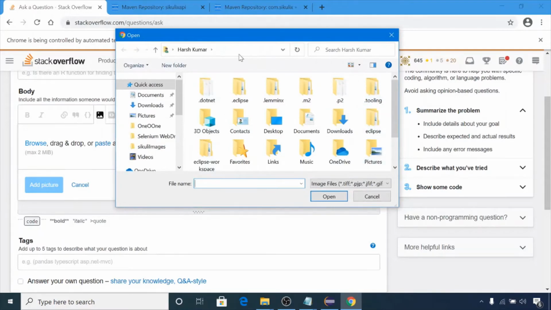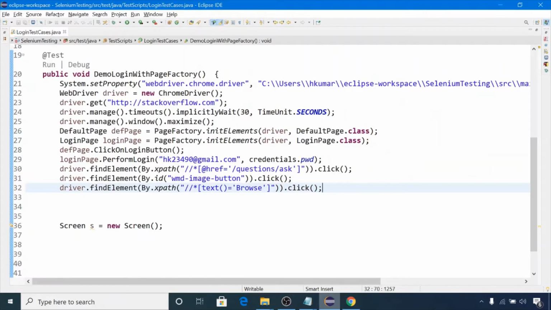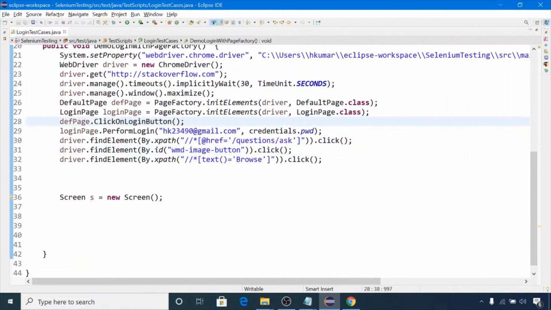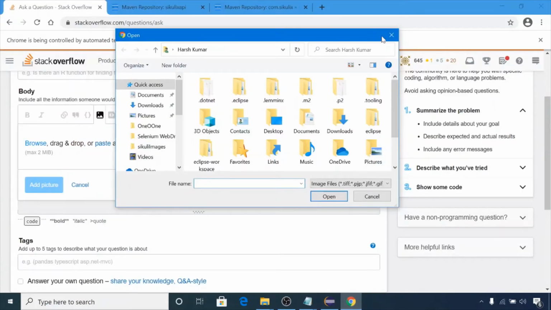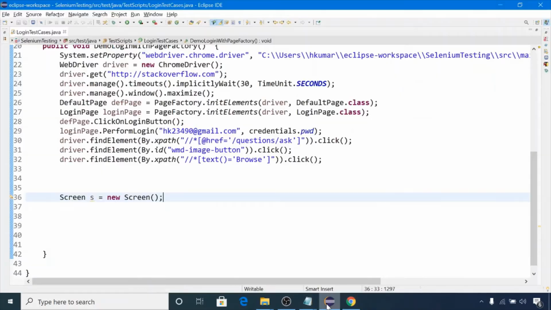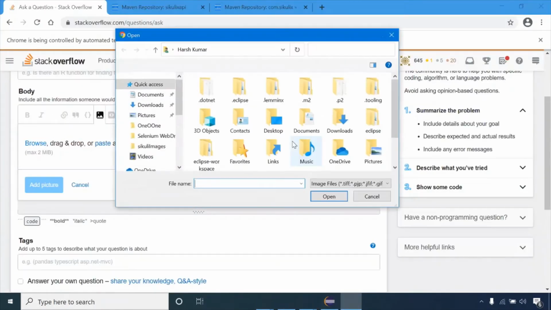Now we have to automate this desktop UI using Sikuli. For that we have the Screen object. First of all, let's try this. Once this script is working fine, then we will switch to the Sikuli work. Let me close all the browsers and see that with the current script we are reaching here. It should launch this pop-up.